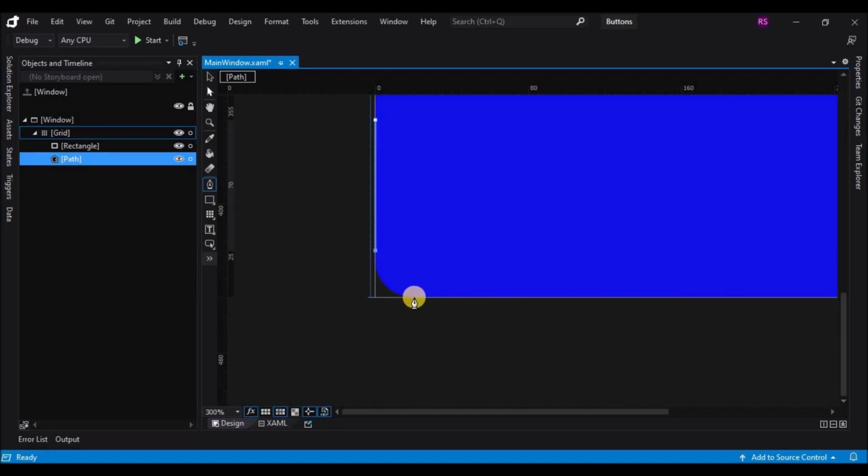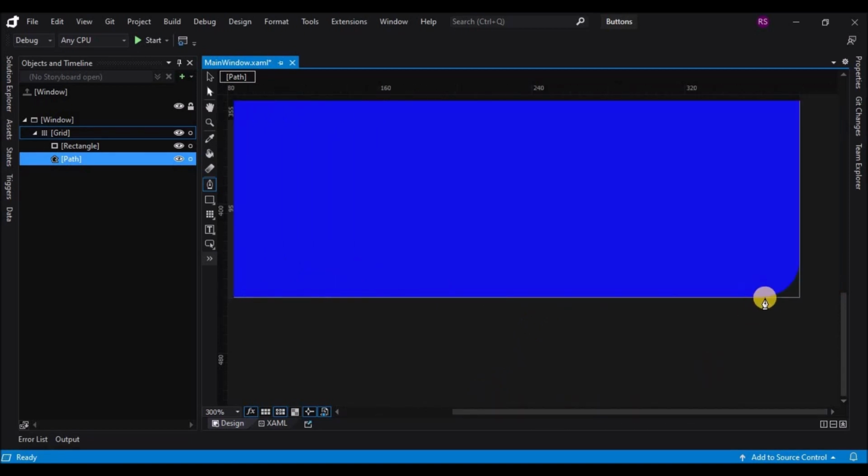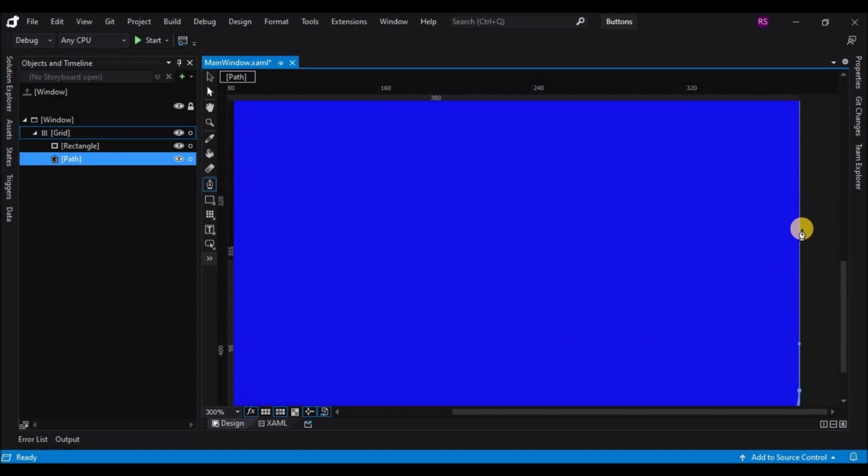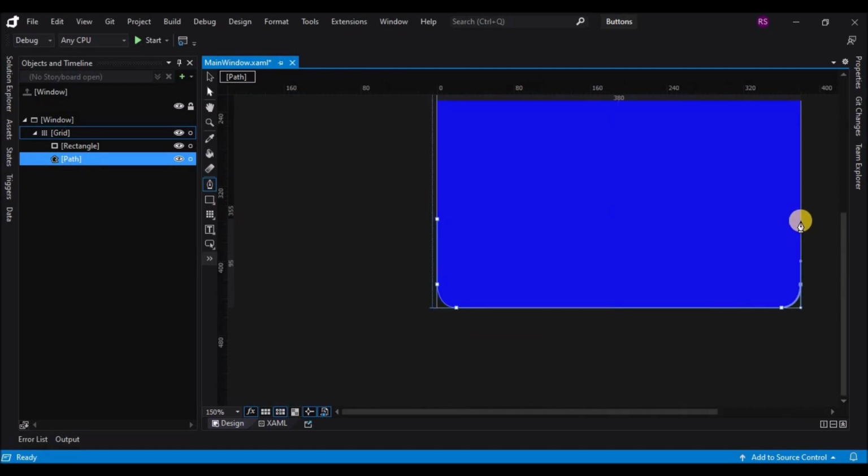And when you are adding the third, do not release the mouse, drag it so that you get a rounded arc on the edge, and once you are happy with it, you just release the mouse and start with the fourth anchor point, and do the same with the fifth anchor point. Add the anchor point and drag the mouse, and then finally add the sixth one, and let's close the path by joining it with the first one. Now we have a closed path.